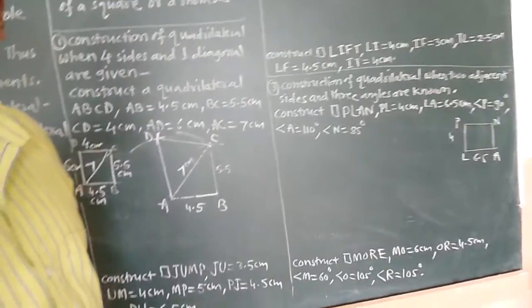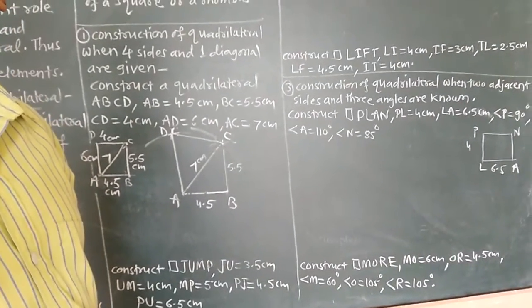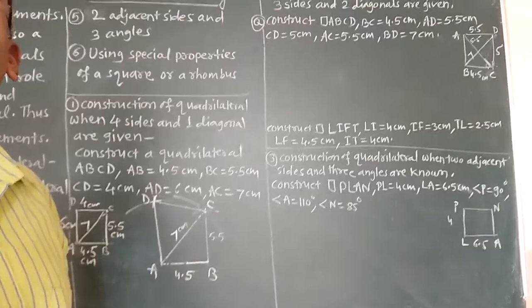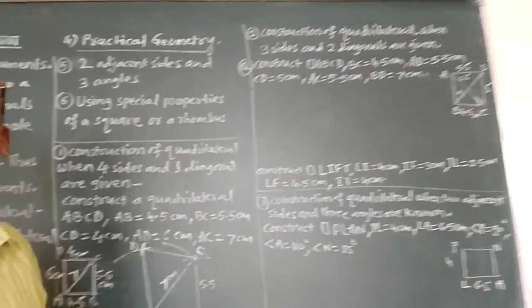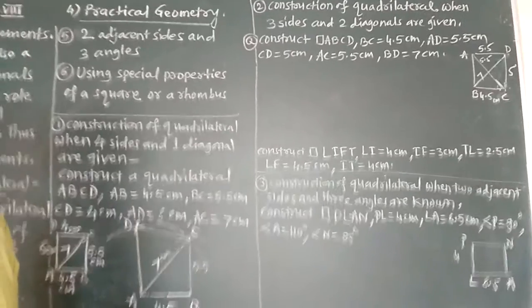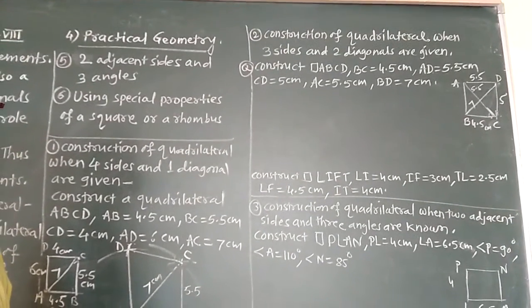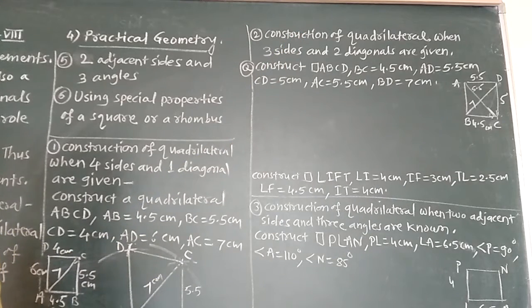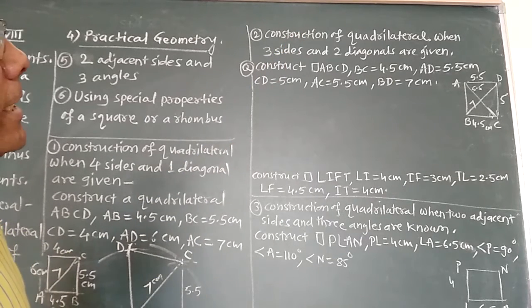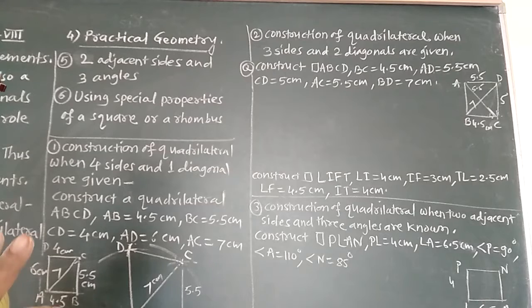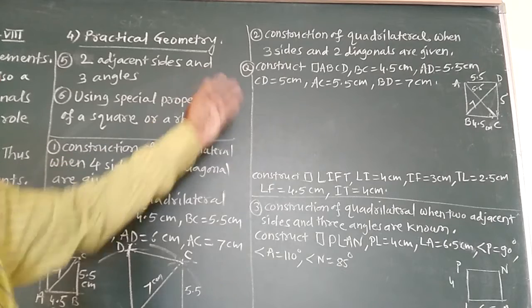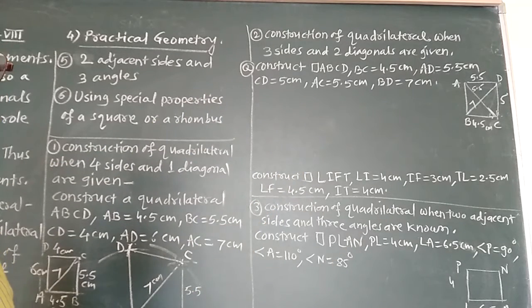Now we will see some more examples here, and in this example it is given that the construction of quadrilateral with 3 sides and 2 diagonals are given. Here in the first example 4 sides and 1 diagonal was given. Here 3 sides and length of the 2 diagonals is given, and the question is given that construct quadrilateral ABCD